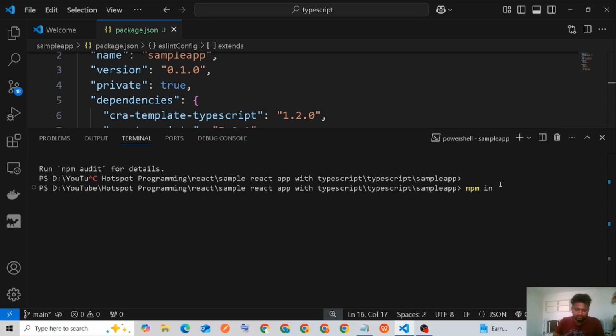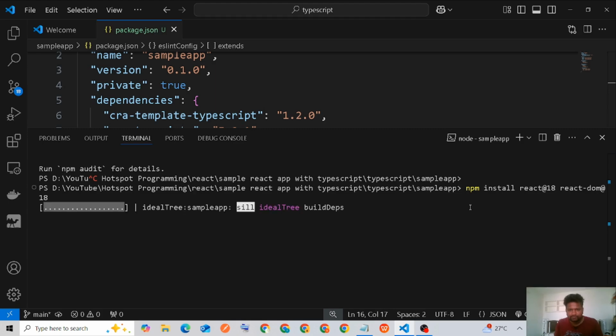npm install react 18 and react-dom 18. Okay,